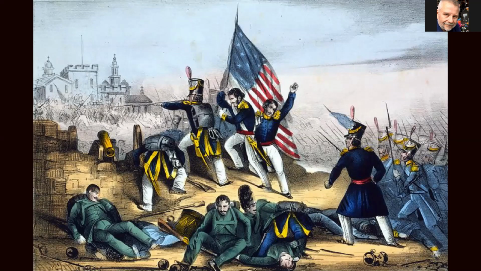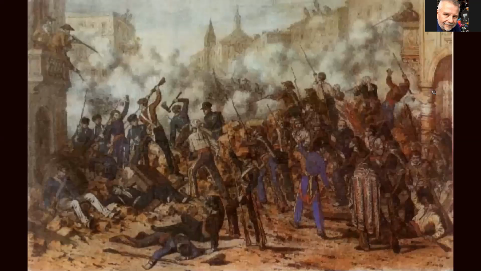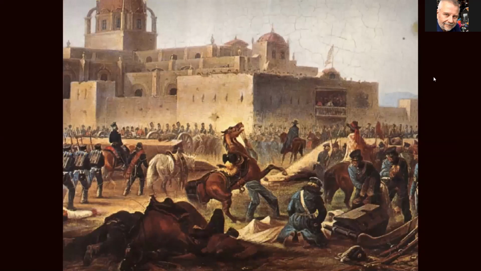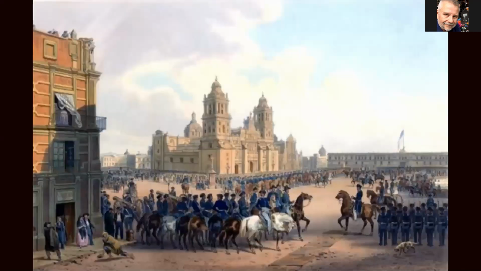Eventually, the U.S. Army will surround Mexico City. Mexicans will hold out, refuse to surrender, and it's at this point that Thomas Jackson is going to open fire with his artillery onto the city of Mexico, killing and wounding numerous civilians, and that will finally bring the Mexican government to surrender to the United States. It's a victory for the U.S., and American troops parade through Mexico,